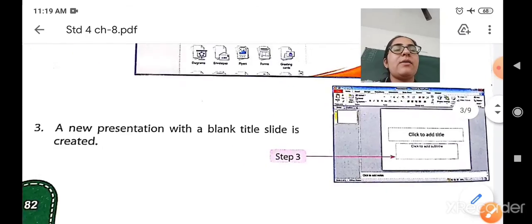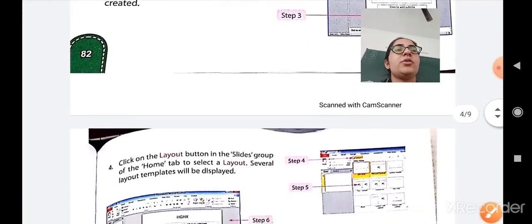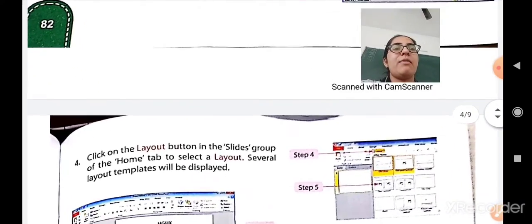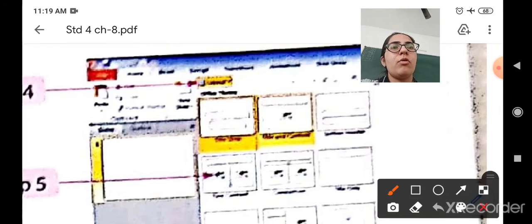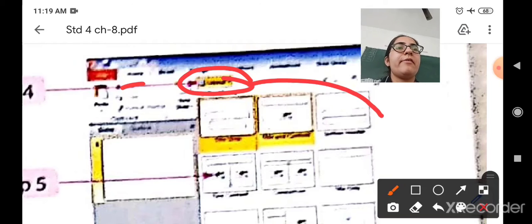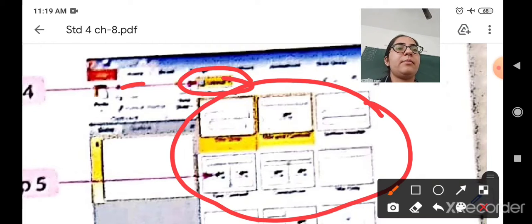Now next, we have seen that if you want to change the layout, if you want your slide to appear in different ways, then you will see that in the Home tab. So this is the Home tab. In the Home tab you will see a Layout button available. When you click on the Layout button, you will see various layout templates. You have to select the layout which you want.